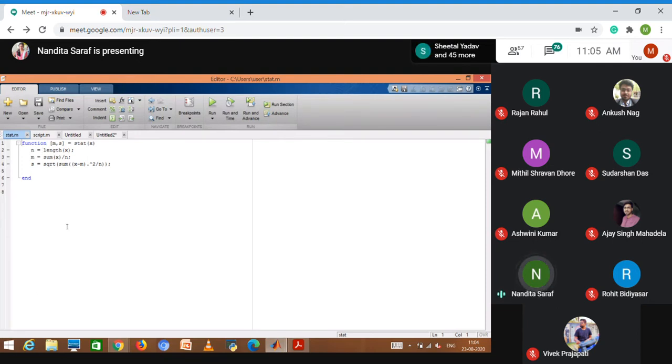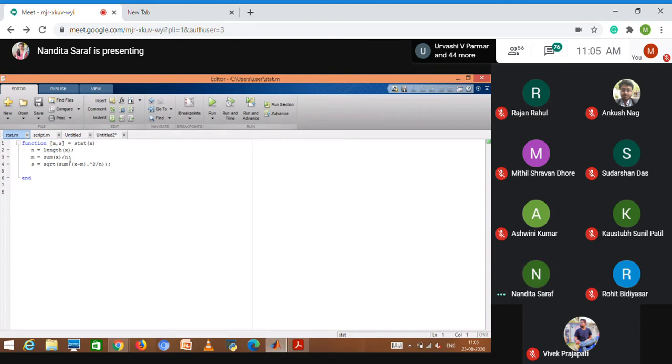Now to calculate an average, m, the output argument m, for every output argument I have to define an equation through which it will be calculating the value of our output argument. So m is equal to sum of x, which means all the elements inside that array are being summed up, divided by the number of elements of the array.